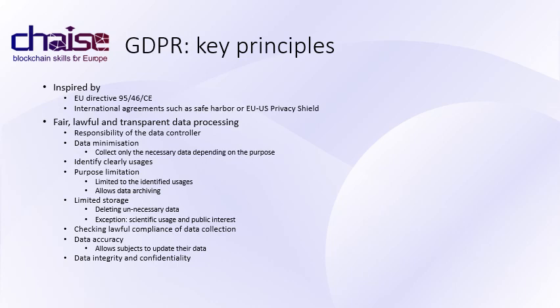This means that data controllers are accountable of this requirement, involving a clear identification of the targeted usage and data minimization. Data minimization means that only the necessary personal data must be collected and stored for a given purpose. Although data archiving is allowed, other extra usages are forbidden. Other usages means usages which were not identified or not necessary for the process. This purpose limitation involves that all potential usages must be mentioned and justified while the consent is obtained.